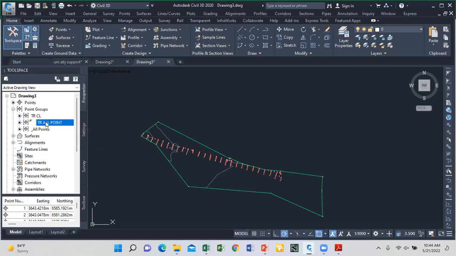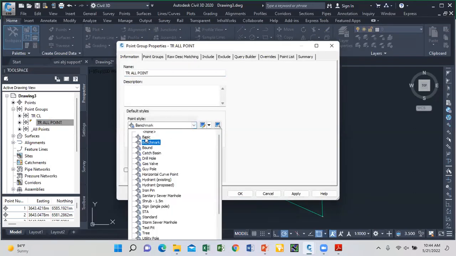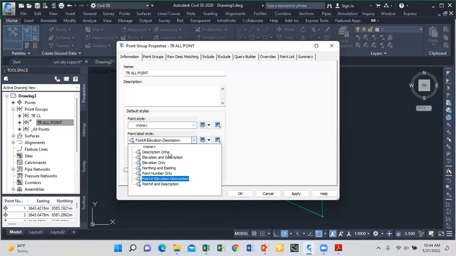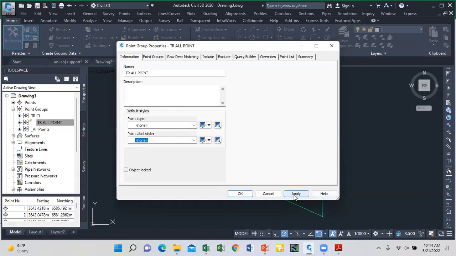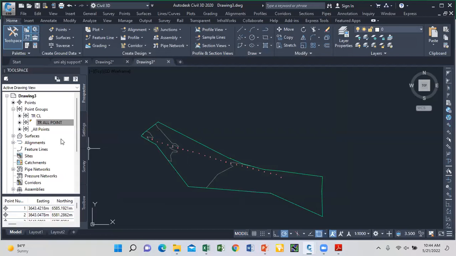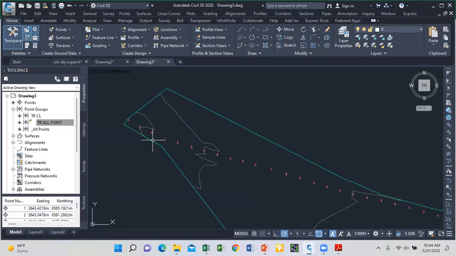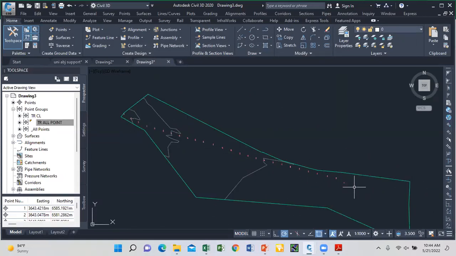So if you see this one now, I select this and go to properties as well. And I change this to not be displayed, say none, and this one as well, none. And I click apply and OK. So you can see now the center line is still within my surface, still within the data I captured. So if I'm done with this, the next point of call is to now go to